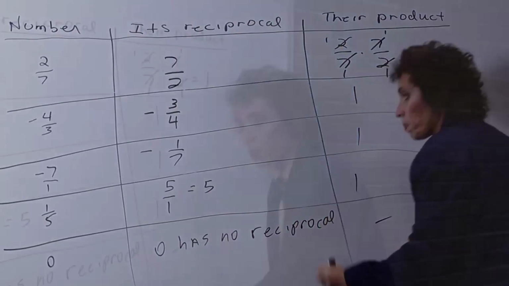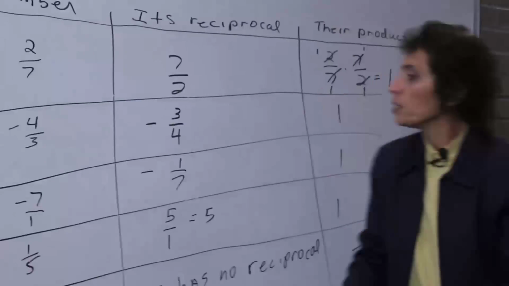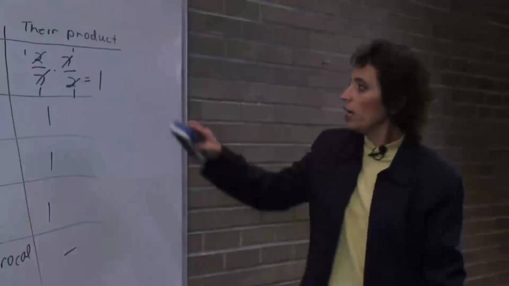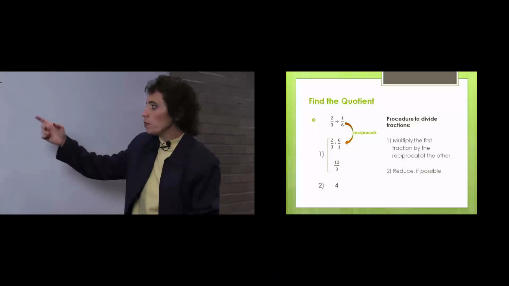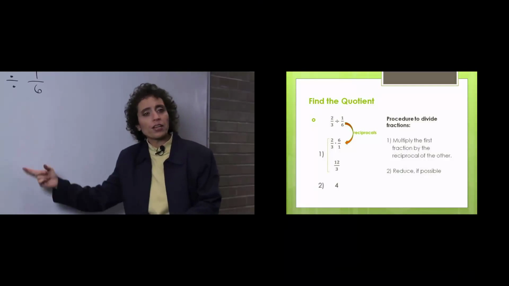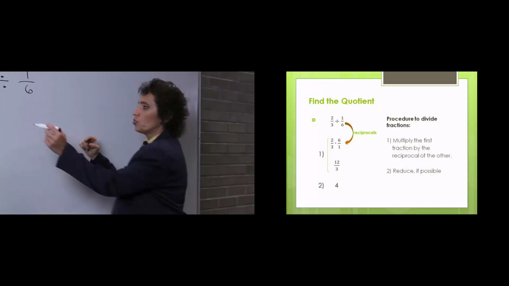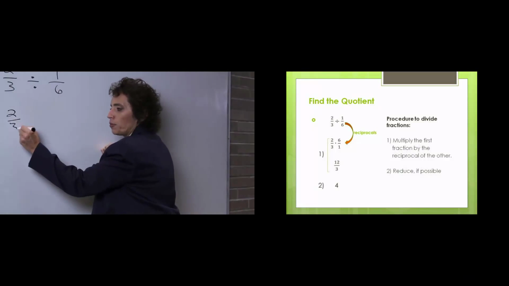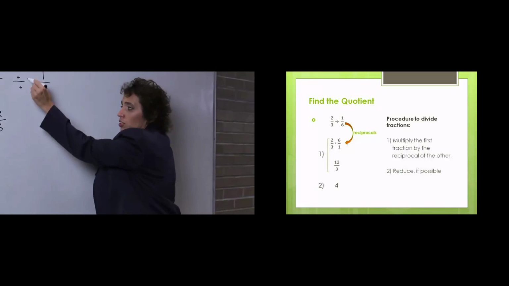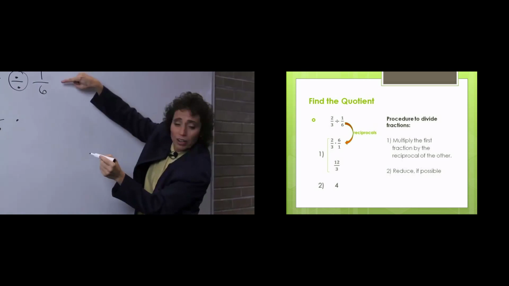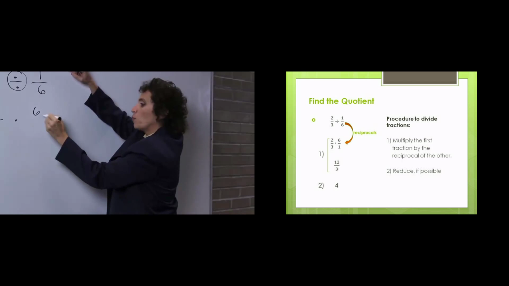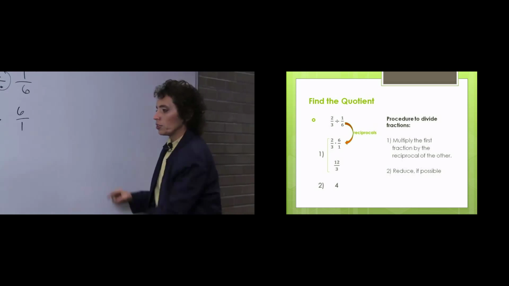Okay? All right. So let's do some division problems and see if we can understand them. All right, let's take a look at this. Remember, we just said dividing is the same thing as multiplying by its reciprocal. So 2/3, we keep the first fraction, we change the division to multiplication, and we interchange the numerator with the denominator, therefore making its reciprocal. All right, so now we multiply.